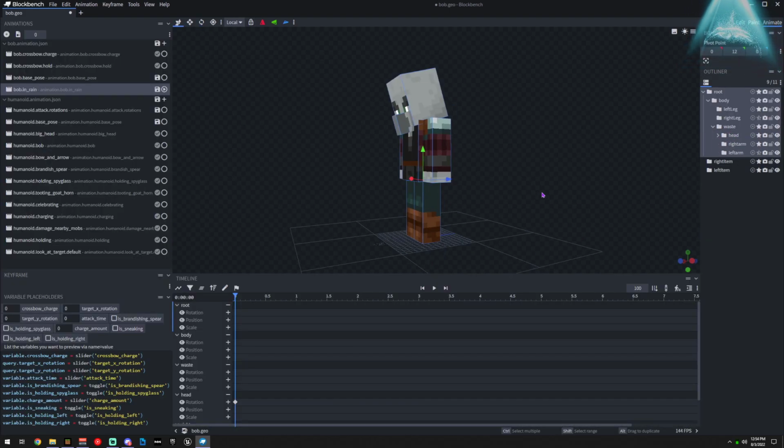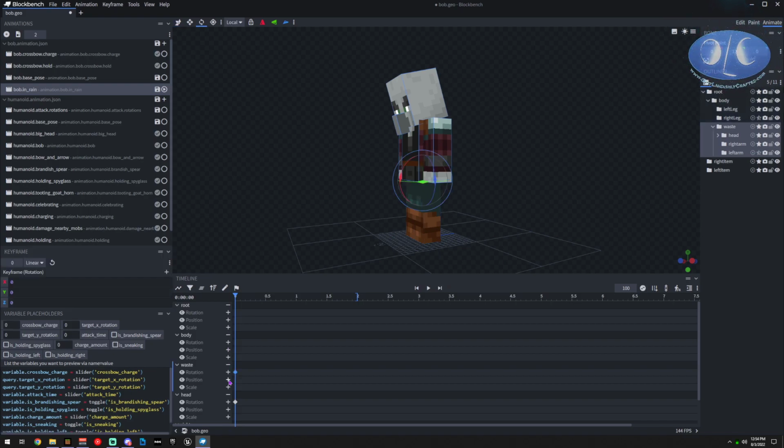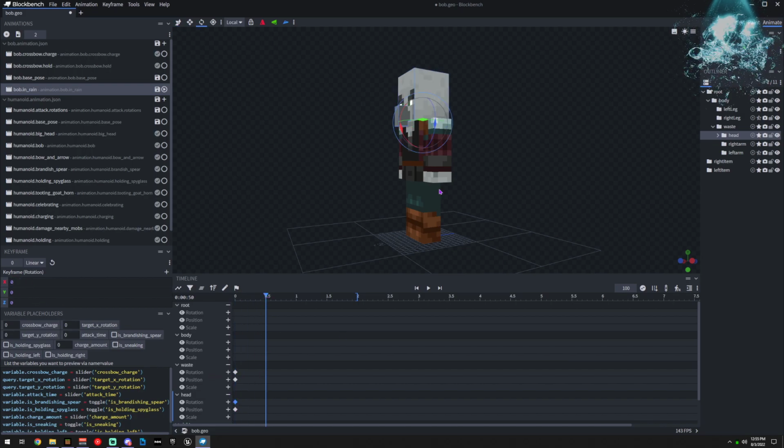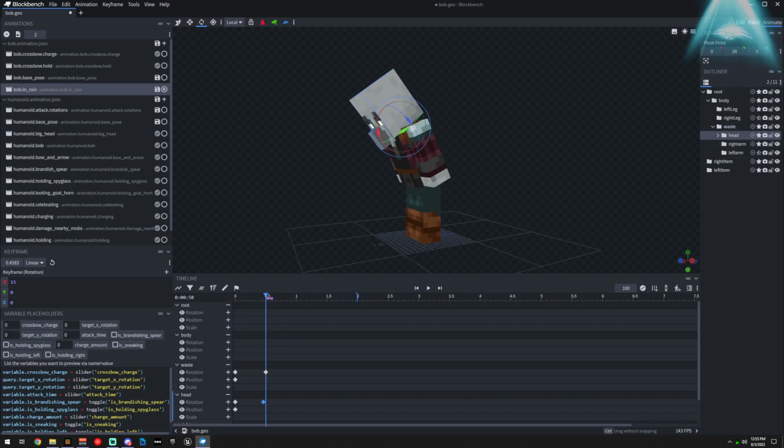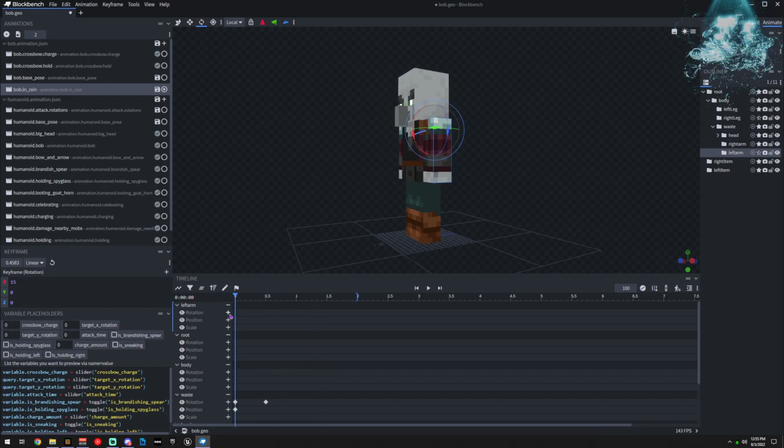So now when we go to animation, I can say, let's do 2 seconds. Let's do waist, position, head. And so I'm going to make these all 0. And then he will have his head go down a little and his waist go down a little. And I'm going to have his head go just a little bit first. So he goes down.